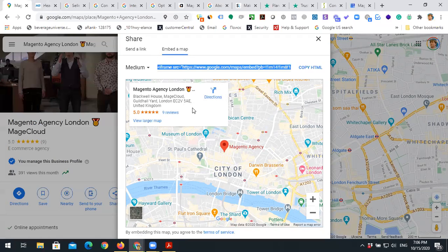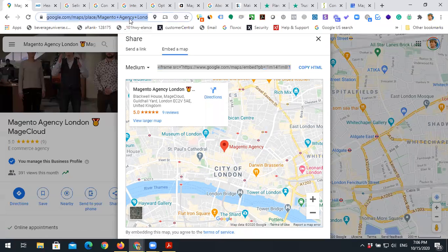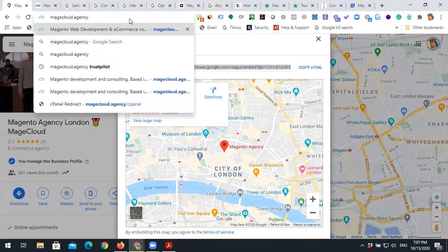What's the reason to handle that? First of all, let's imagine we'll push those reviews into the Google My Business profile, but at this we also embed this map onto the website. But eventually what you can do is you can even push this into the Google Organic. So for example,